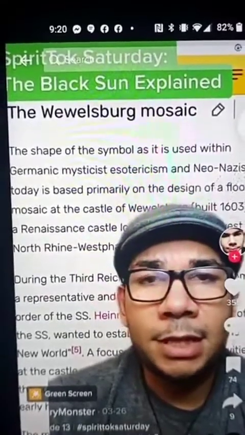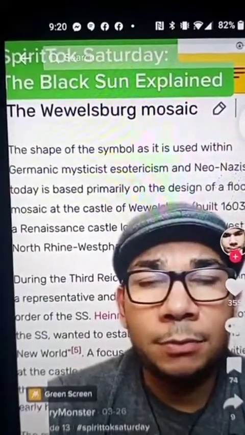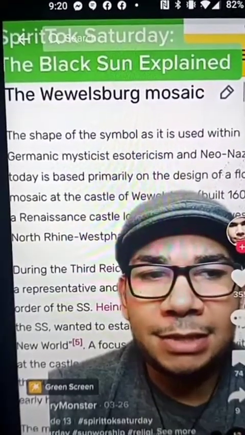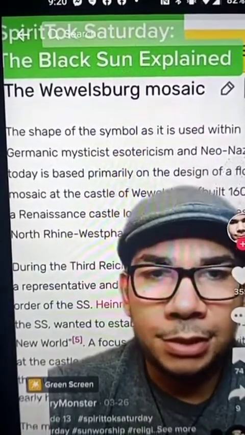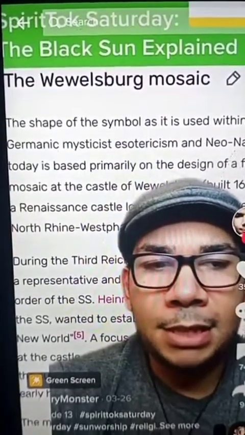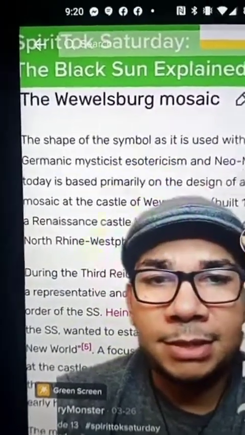The biggest display of this was the Wewelsburg mosaic in Wewelsburg Castle. This was intended to be a center for a new Nazi religion that would supplant Christianity and be a kind of pre-Germanic mysticism wrapped up in